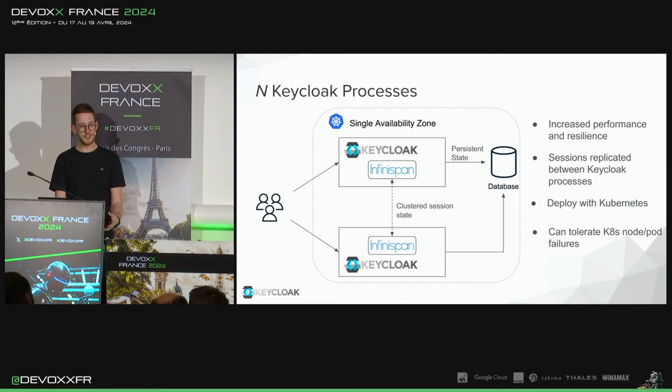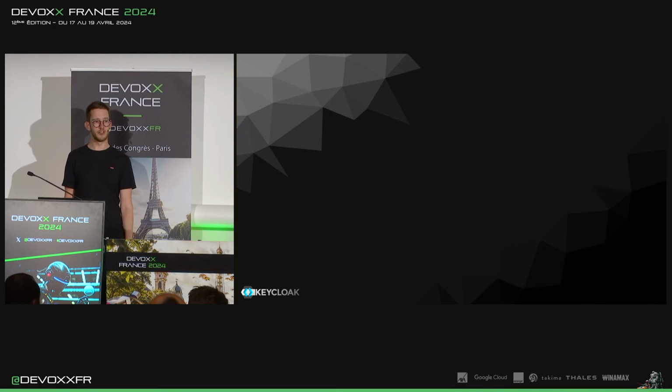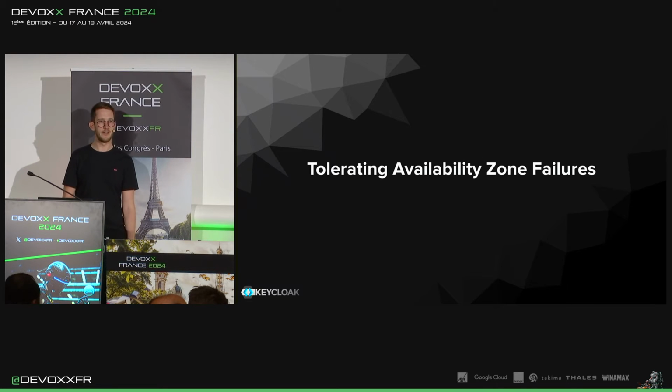However, there is still a fundamental flaw here. You are at the whims of a cloud vendor's availability zones. If the cloud vendor's availability zone goes down, you lose your entire Kubernetes cluster, and again, you have no uptime. Keycloak users can't proceed with their workflow. So we now need a solution that can tolerate such failures, and as good as Amazon, Azure, etc. are, they do happen.